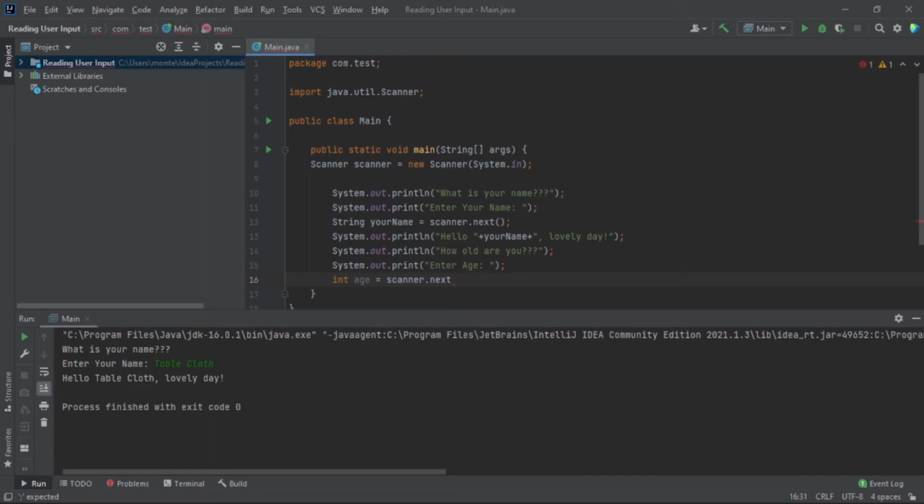Then we do next int. So now it does the next integer,